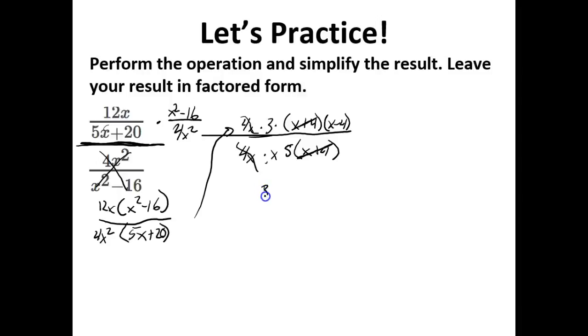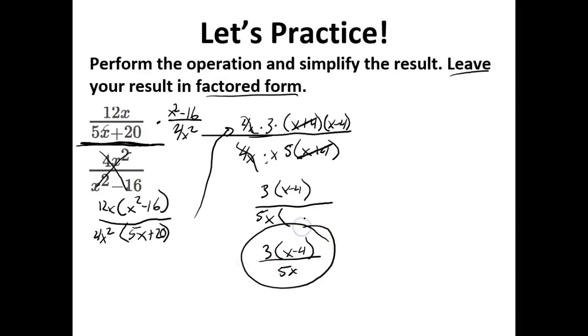Which means in the top I'm left with 3 times x minus 4. The directions say leave in factored form, so I can just leave it 3 times x minus 4. In the bottom, the x times 5, or 5 times x, 5x, usually put the number first, and that's factored out. So that's all there is. In the top, 3 times x minus 4, and in the bottom, 5x would be our answer for that one. And that's what we get after we multiply by the reciprocal, multiply top times top, bottom times bottom,